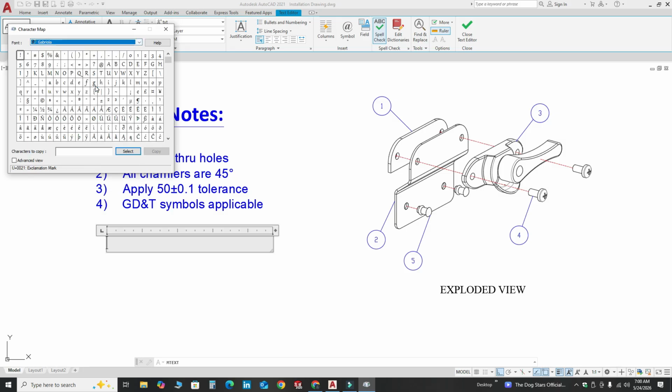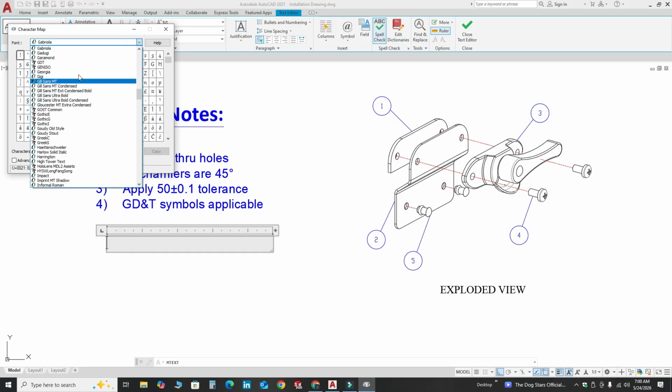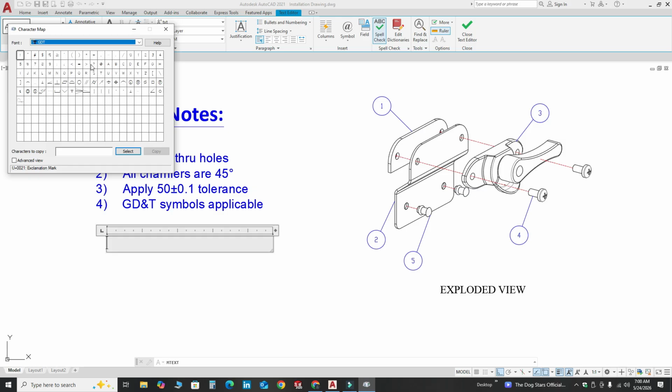So I will write G, and then I will select this one GDT, which is the same as GD&T, geometric dimension and tolerancing. So here you will find different symbols of GD&T like perpendicularity. I will select it. Like parallelism, I will select this symbol.